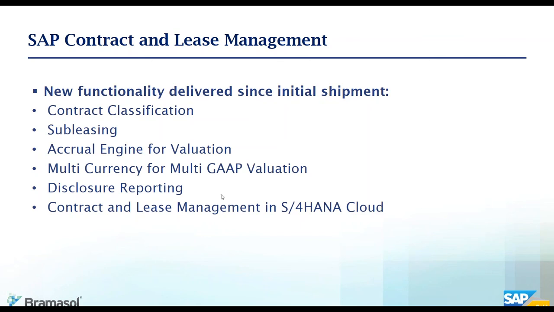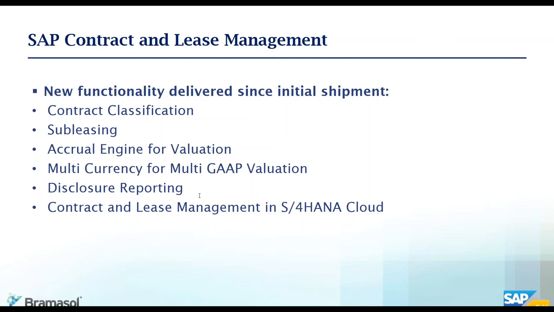The initial functionality is released through support packs from Enhancement Package 6, ECC 6 onwards. After that, you are able to extend the solution using OSS notes, right? So we didn't want our customers to be held up by the convoluted and difficult support pack process, with the exception of the initial loading of the solution. The reason we had to do an enhancement package or support package was because there were so many technical changes made to the system that we just could not deliver them through notes.